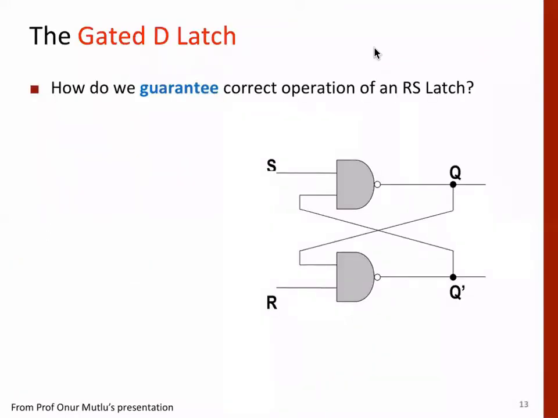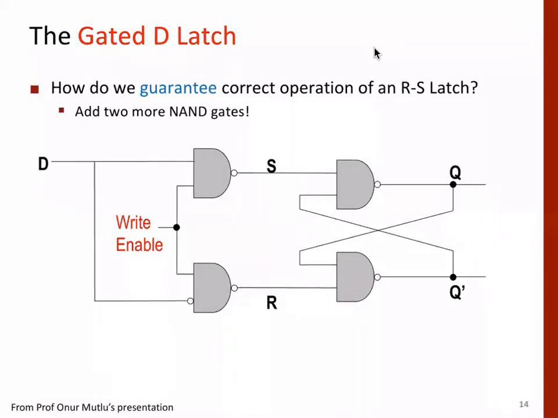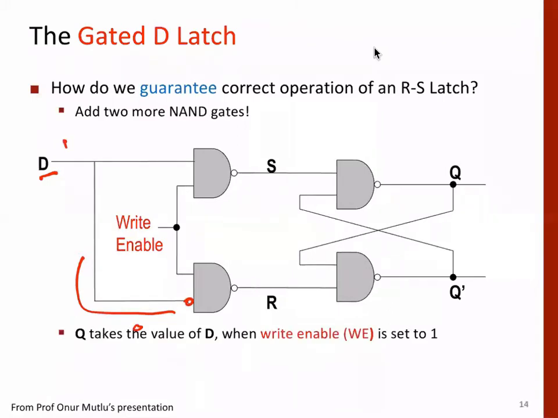Now we solve this problem of metastable state and invalid state by having a gated D latch. You would have studied this also, right? And we'll make sure that it's never 0, 0. The very simple thing is to take one input only, because you don't need two for latches or for flip-flops, and take this value and invert it, like here using NOT. So if this is 1, then this will become 0. So both will never be 0, right? In this way we can avoid this problem.